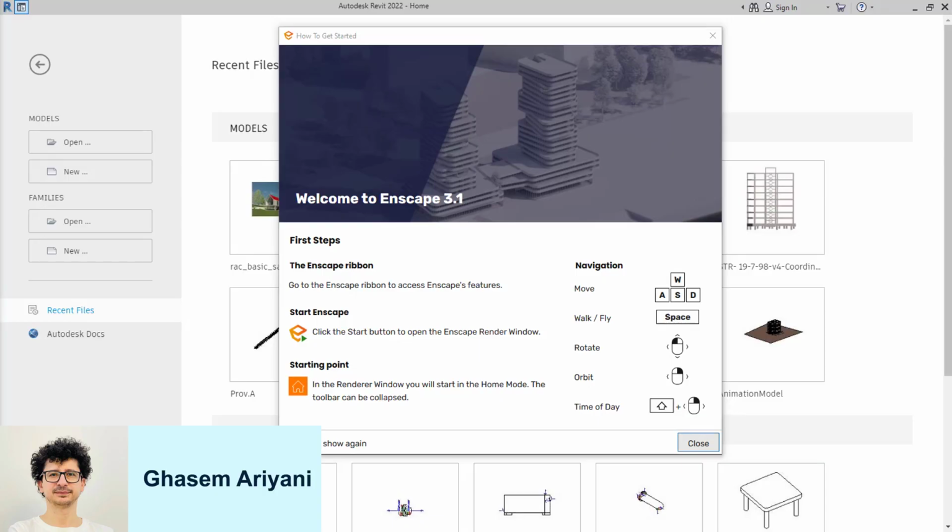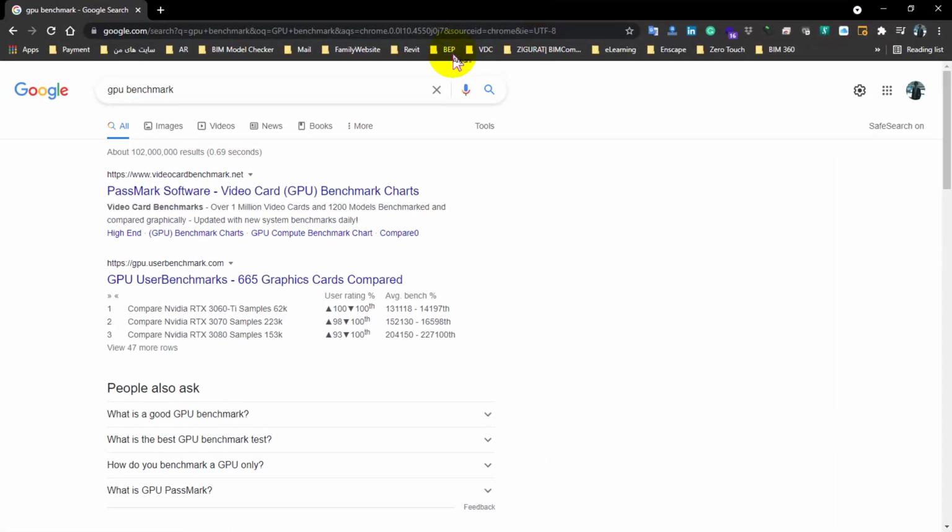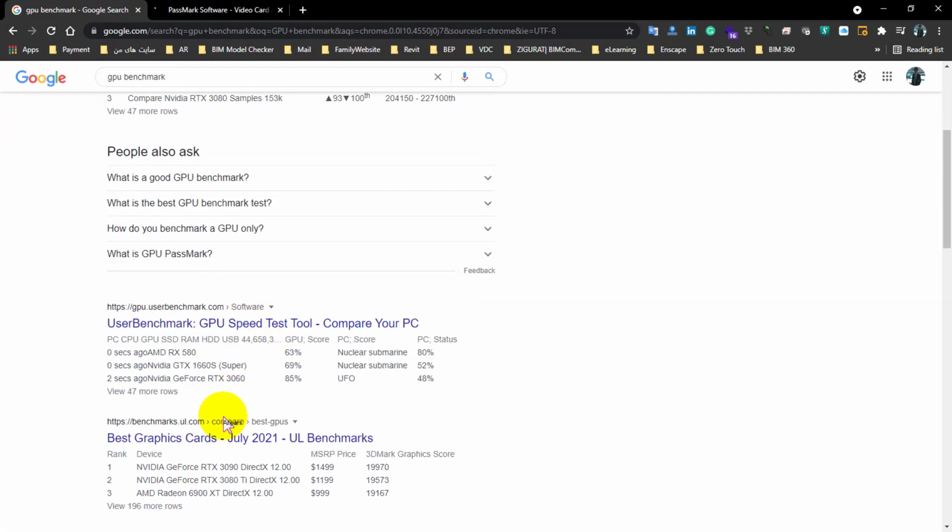And now there is something you have to do. You need to test the power of your graphic card. And in order to do that, you can Google GPU benchmark. Let me bring it here so you can see. Now, when you Google GPU benchmark, there are a few sites here that allow you to get a benchmark of